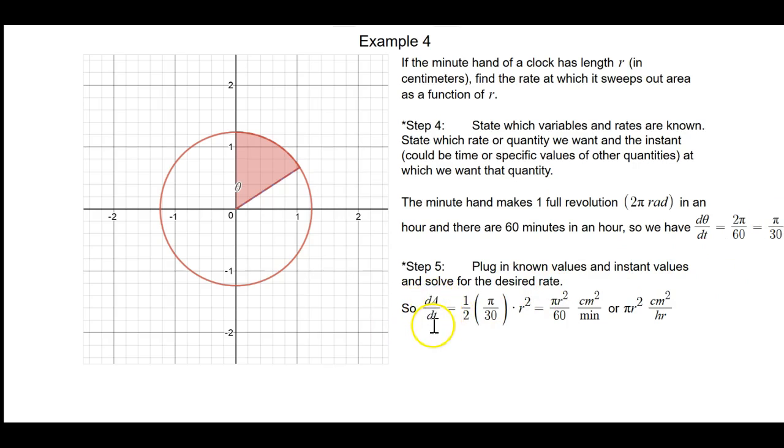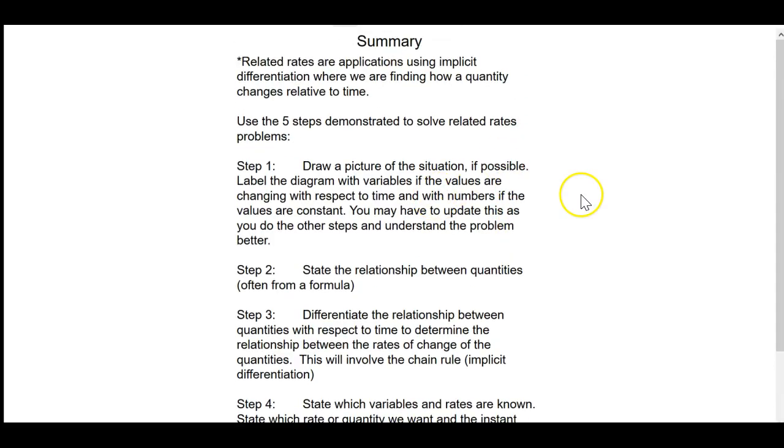So dA dt is going to be 1/2 times pi over 30 times r squared, which gives me pi r squared over 60 centimeters squared per minute, or simply pi r squared centimeters squared per hour. So in summary,